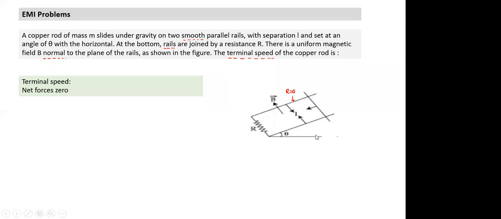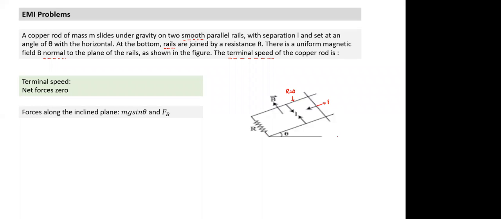Along the inclined plane, which are the two forces acting? Forces along the inclined plane are the component of weight mg, and the other force is the magnetic force. Now, if the magnetic field was vertical, the magnetic force would have been in the horizontal direction. Since the magnetic field is perpendicular to the plane, the force will act in the plane. So the magnetic force will lie in the plane of the rails,